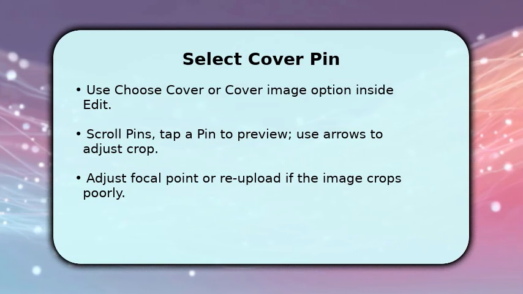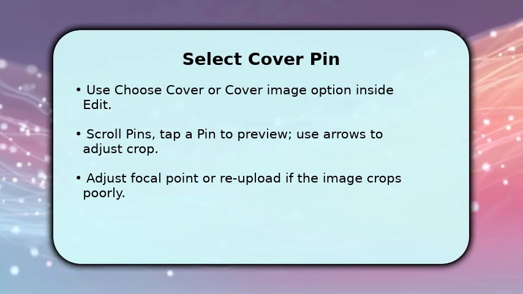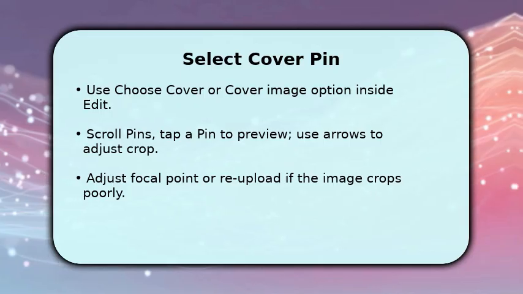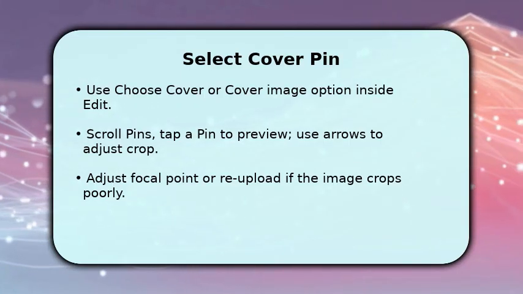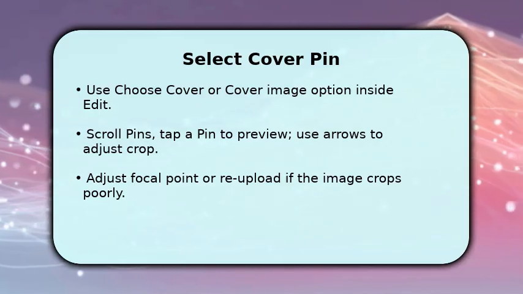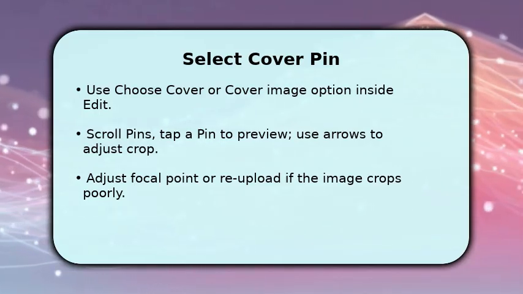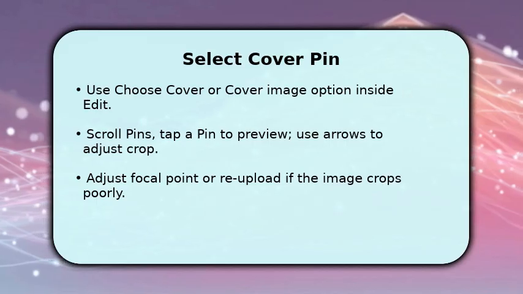Click Choose Cover or the Cover Image field inside Edit. Pinterest will show board pins. Scroll through and tap a pin to preview it as the cover, and use the crop handles or arrows to adjust how it appears. If the image crops awkwardly, set the focal point or re-upload a version with better aspect